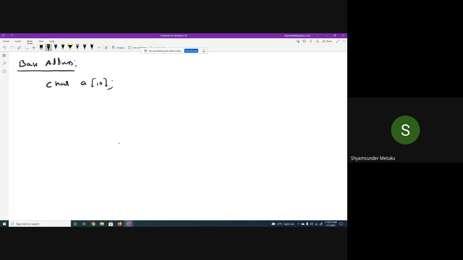And we are talking about the base address. You should remember this and never make a mistake. Every array name, in our case A, is the base address.